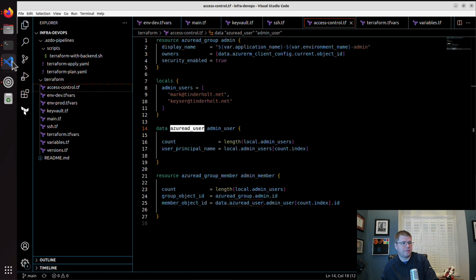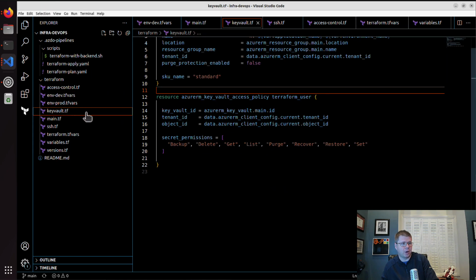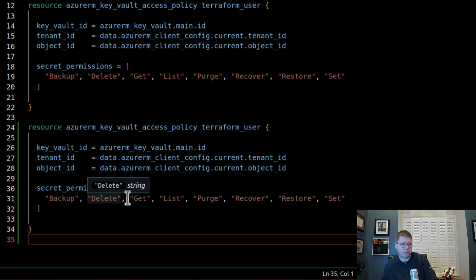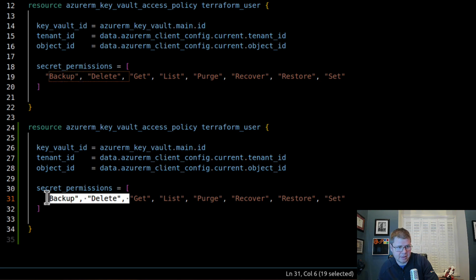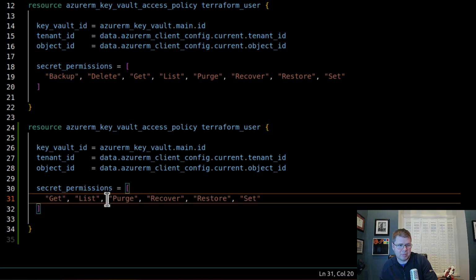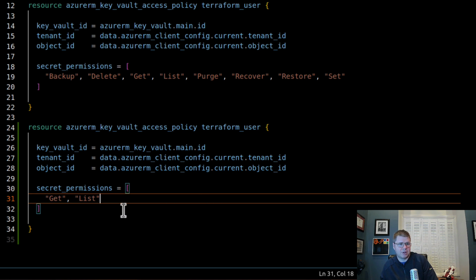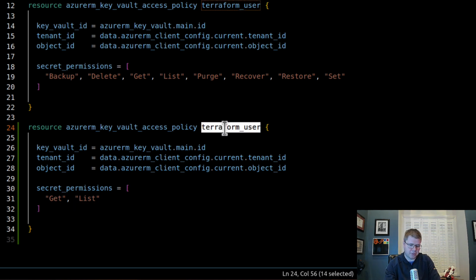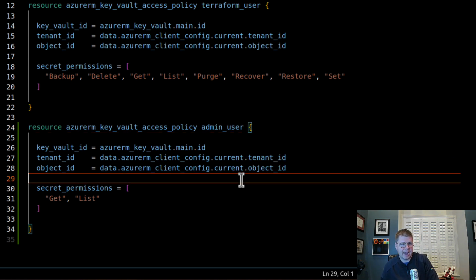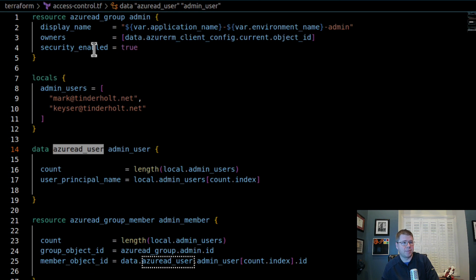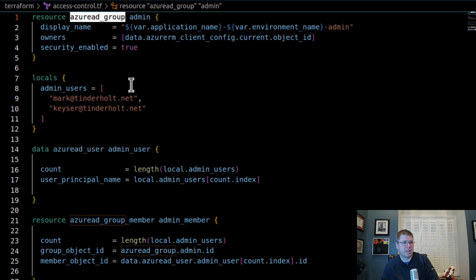That was the whole goal of this episode. So for KeyVault, we want to have an access control policy. Now for this group, I don't think we need all these things. When you're using the SSH key, it probably helps to list them, but you really need to get the value, right? So I'm going to change this from Terraform user to admin user. And then instead of the object ID being the current Terraform user, I'm going to use the object ID from the group. So I've got Azure AD group,